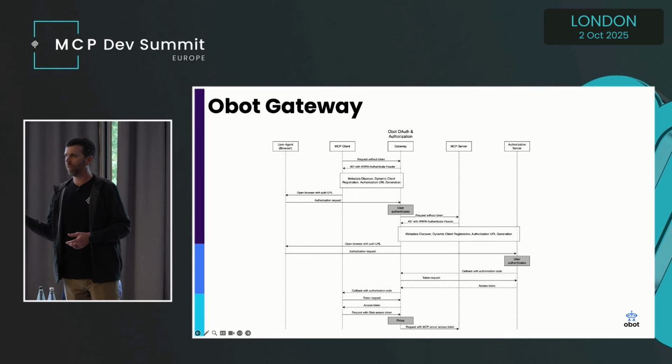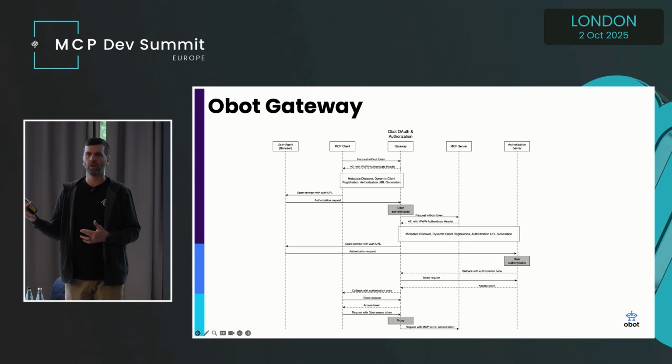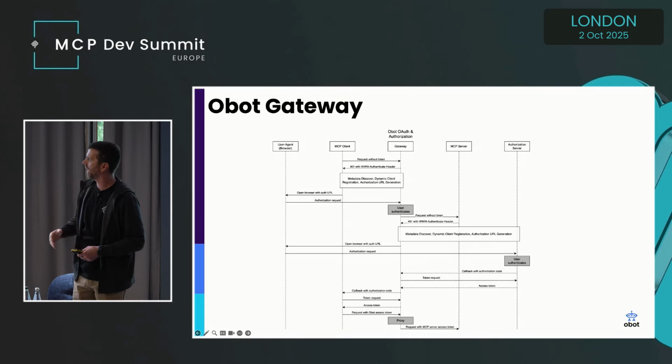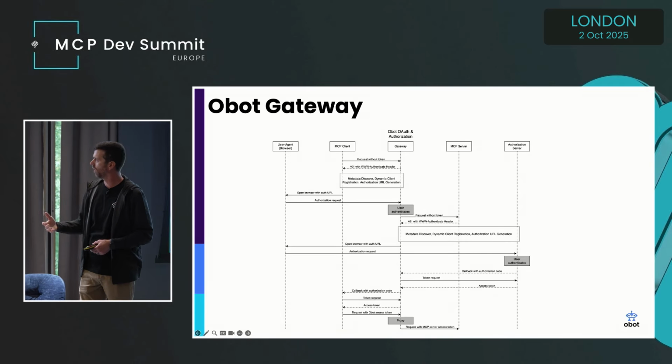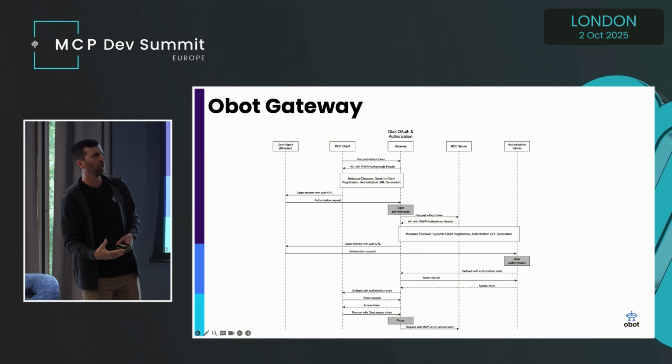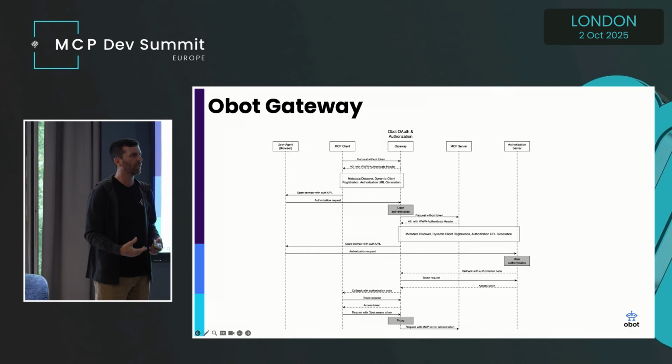This is the same picture, but this is how Obot does it. The same request is made at the top where the MCP client hits the gateway without the token, it gets back the 401. But you can see the user authenticates there, right in the middle. That's the authentication with Obot. Do you have access to this MCP server in the gateway?